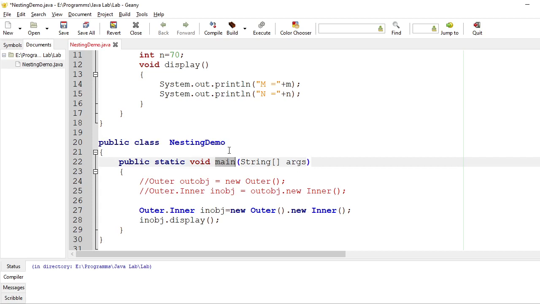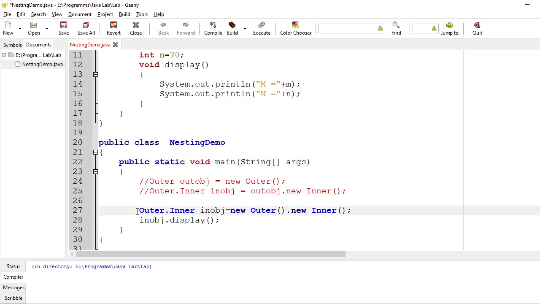If you create any number of experiments, the class which contains the main method should be public. It's a good practice. Once you create this public NestingDemo, I have written the main method.